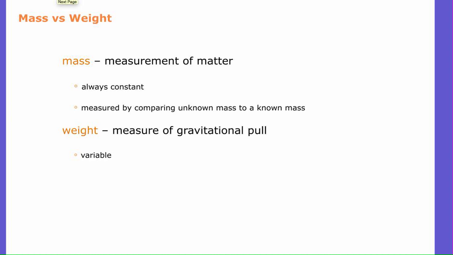And I actually touched on this a little bit already, right? Mass is the measurement of matter. How much stuff is there? That should always be constant, right? When you use a balance, you are obtaining a mass. You take gravity out of the equation. Weight is when you do account for that gravitational pull. So those two terms are actually different from each other. They can be interchangeable at times because most of the time you experience 9.8 meters per second squared as acceleration due to gravity. So one mass versus another end up having a similar weight, right? But make sure you understand the difference.